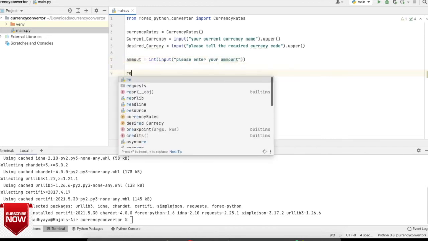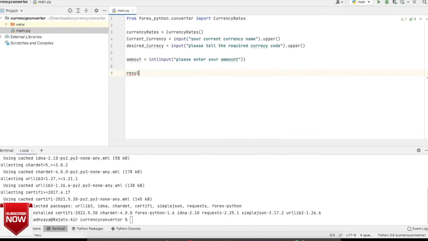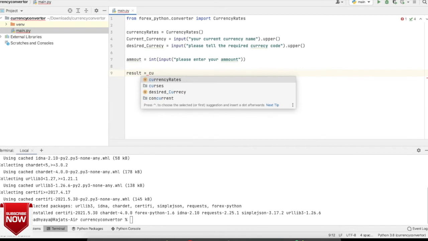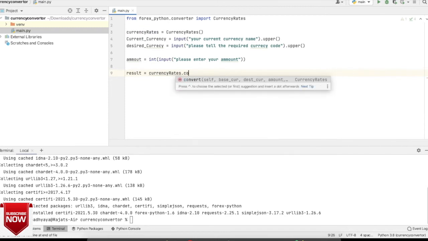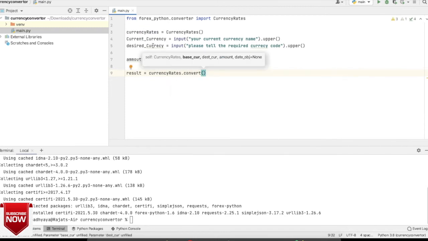Now the last one, we are going to make one variable, result, and we are going to use this currency rate function dot convert. From current, we will pass the current currency here, comma, desired currency.